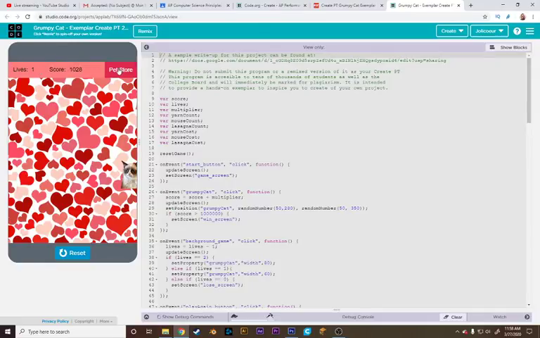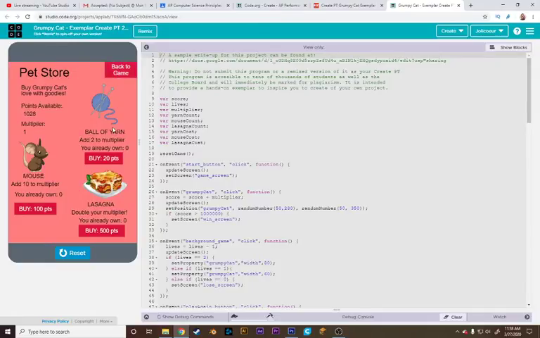They have one other thing where you click here and it says the pet store, and you get to buy these different items. So I'm going to buy this one for 500, and it decrements the points available, and it changes how you're able to score. Now, this might seem kind of interesting or strange, but this was added on for a very specific reason. Because with these additional functions, that's what actually made it meet the requirements of the create performance task. And I'll talk about why in just a moment.